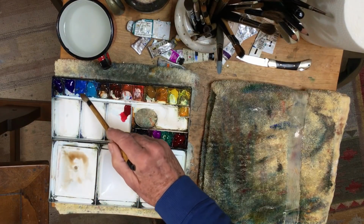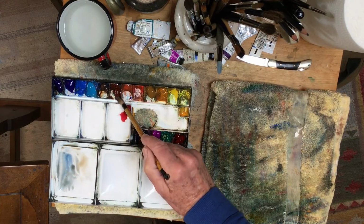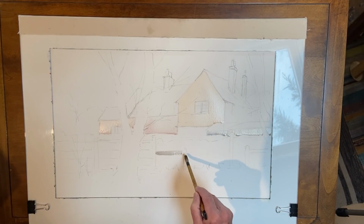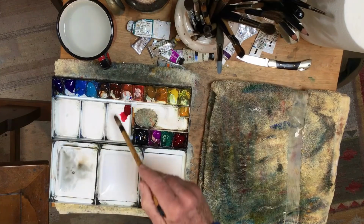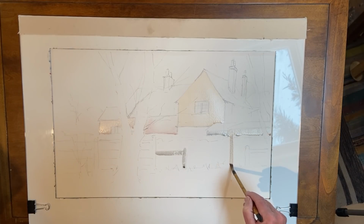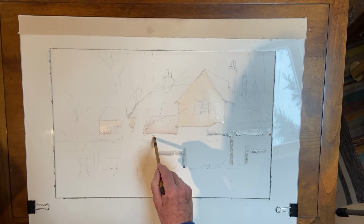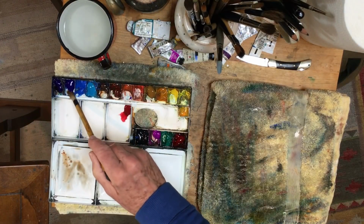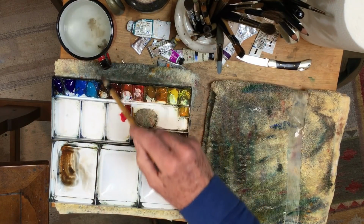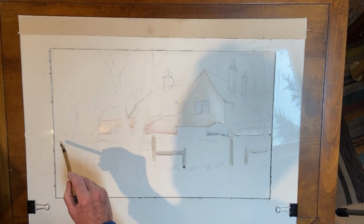And do some of these cobalt with a bit of burnt sienna to get some of these posts in here. Put a bit more burnt sienna to warm it up a bit. And now for some ultramarine and burnt umber, a little bit of viridian, because it's all a little bit on the